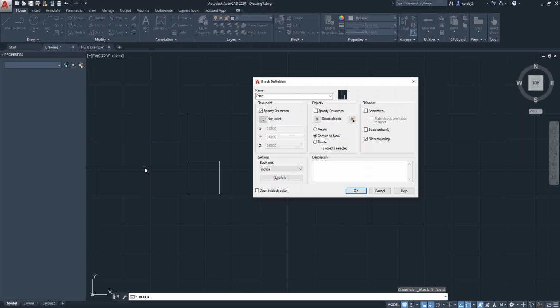Objects, I selected those already on the screen and then hit create. If I didn't do that, I could have just gone to create, named your chair, and then actually specified all the objects on the screen. I could have selected the objects. So I would just click this button, select the objects over here, and then it would pop back up this